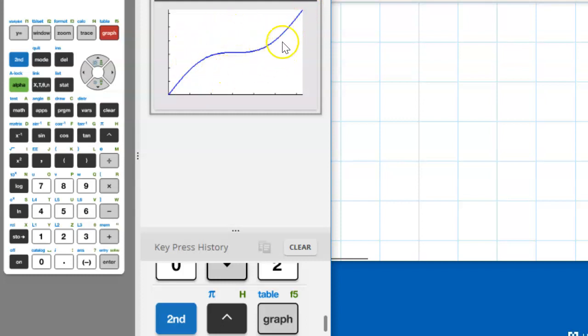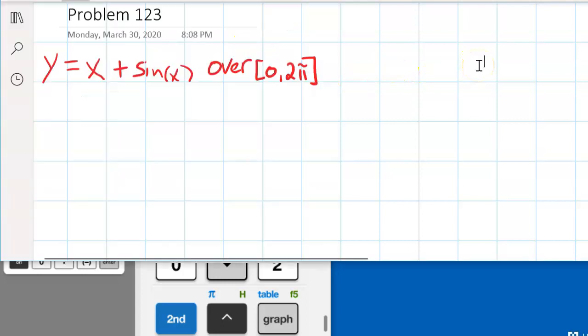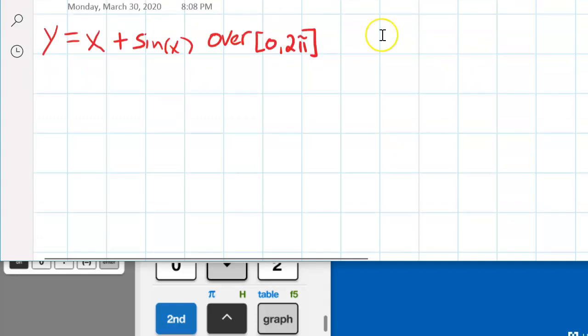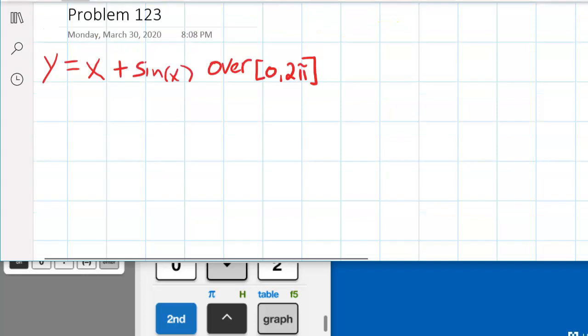And over here, maybe there's a local maximum here, maybe a local minimum. It's kind of hard to tell. I guess we could zoom in on that. But let's go ahead and just look at the equation itself. So here's our equation, y equals x plus sine x. And we'll go ahead and take the derivative to find critical numbers. So for the critical numbers,